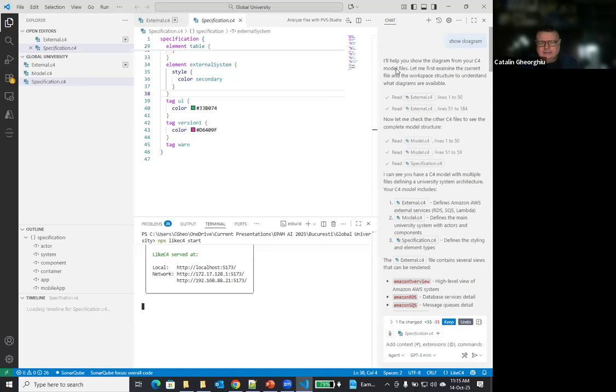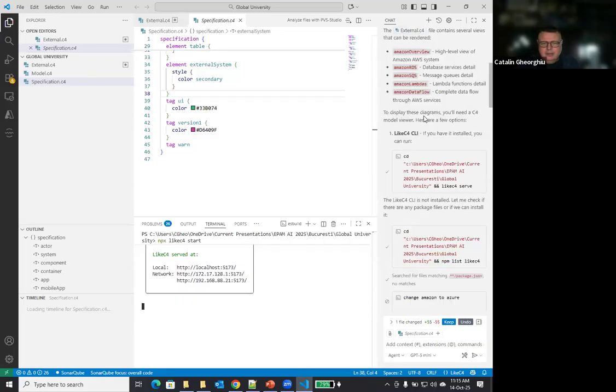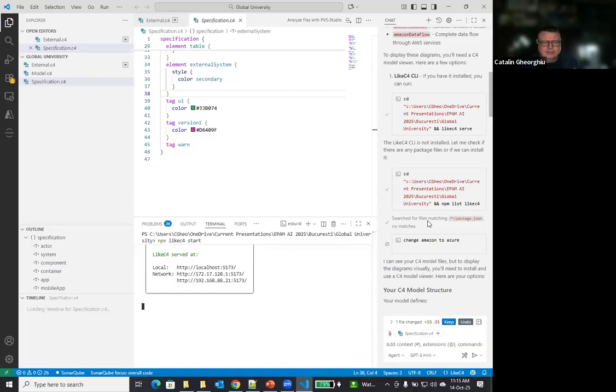I asked it, look, I want this example to be translated from Amazon to Azure. And here it read all the files in agentic mode and modified all the files. And you see all the commands. So essentially, when you're talking about Visual Studio Code, what's the big difference?